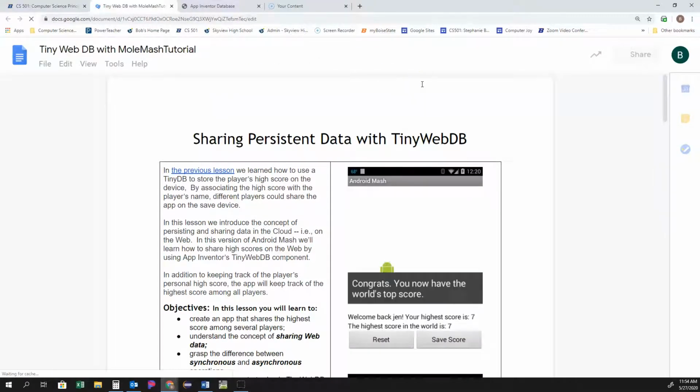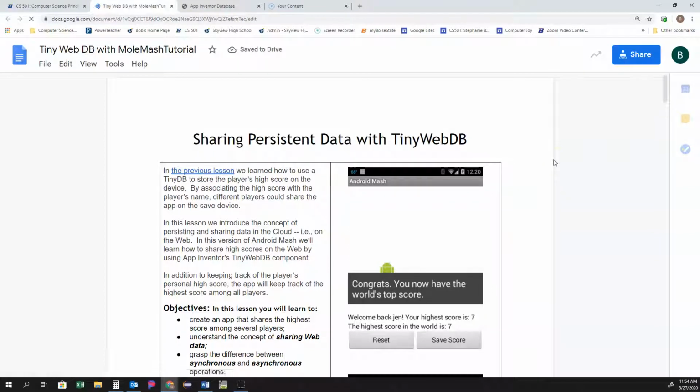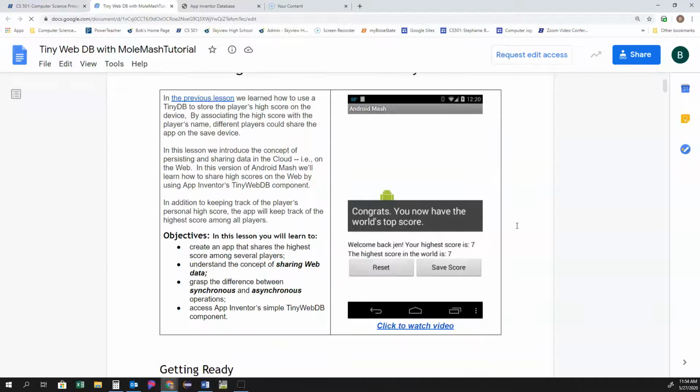Reading through this, last time we worked on a database using the Mole Mash application to store data and persist it between uses of your application. So that's one way that we can store data. We also have a different way using a web database, so we can keep track of scores amongst other players as well, not using just this device, but anybody